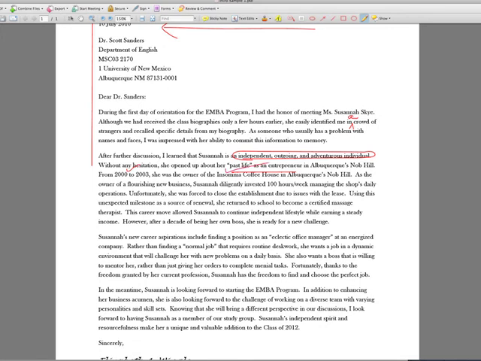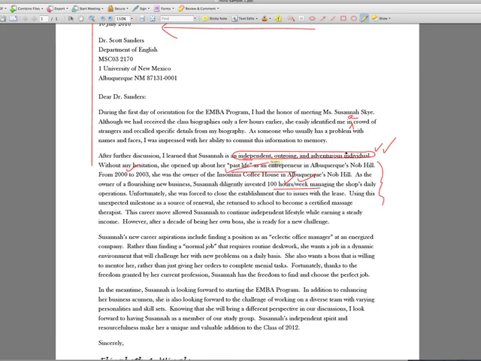She names the coffee house. She doesn't say at one time she owned a coffee house. She gives us dates. She gives the name of the coffee house. She says she invested 100 hours a week managing the shop's daily operations. And I believe it. Running a small business certainly must take at least that much time. The point is that specific detail makes these generic, or general, assertions stand up.